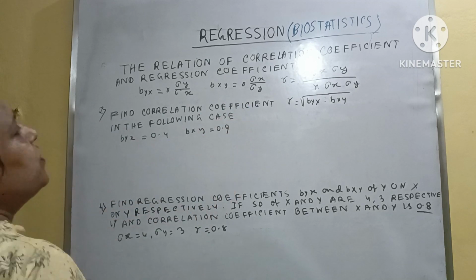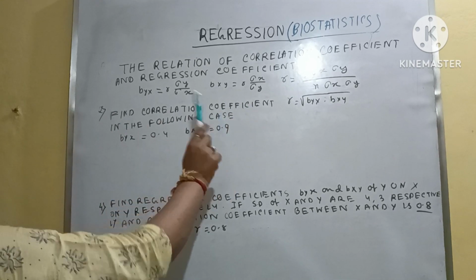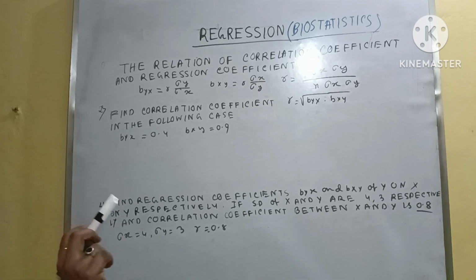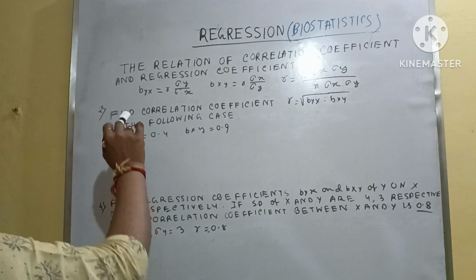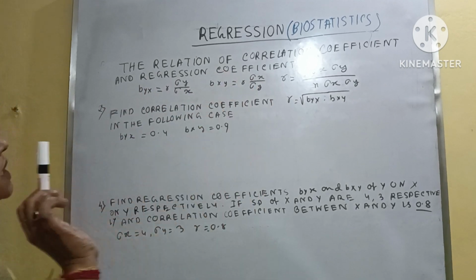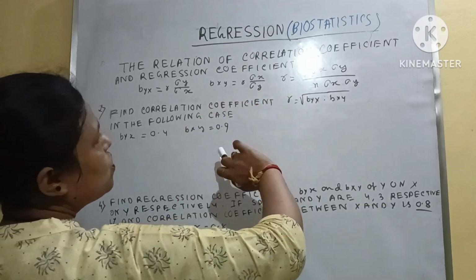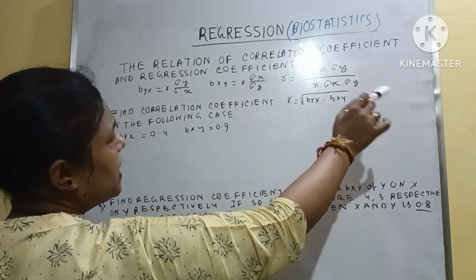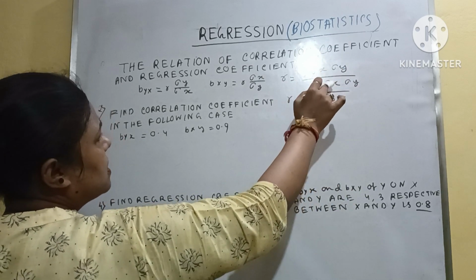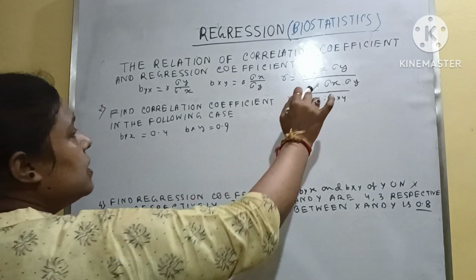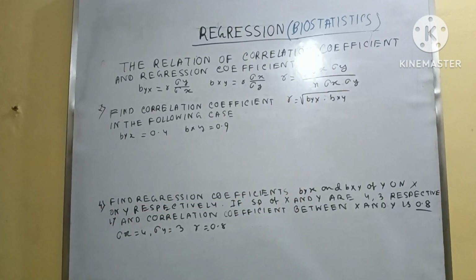Find correlation coefficient in the following case. So here one formula you have to memorize. One is the byx is this one and bxy is this one. In that case, r equals summation of sigma x into summation of sigma y divided by n summation of sigma x into summation of sigma y. Not summation here, only sigma x and sigma y. So again I repeat,